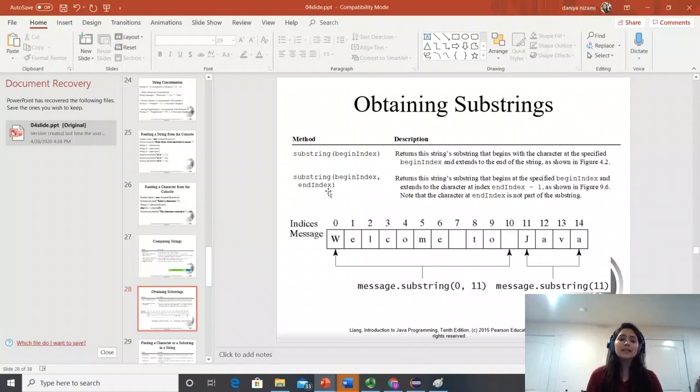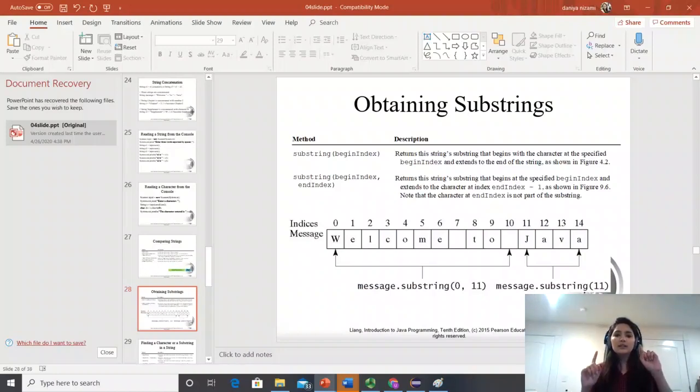Substring is one of the most popular and commonly used methods in our string class. How does the substring method work? There are two ways. One way is when you call substring, you just pass one index, one value. So over here, when you say message.substring and you just pass 11, it starts with 11 and goes till the end of the string. If I say message.substring(6), my output will start from that position all the way to the end, including the spaces, whatever the string has. So this is the starting position you are telling the substring method, that this is my starting index, and print everything after that index.